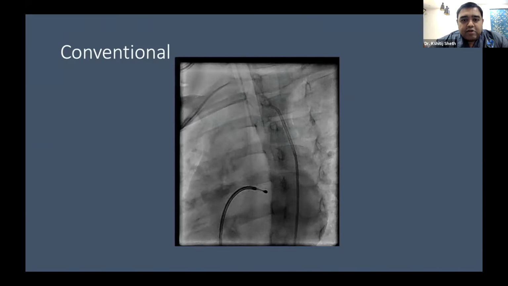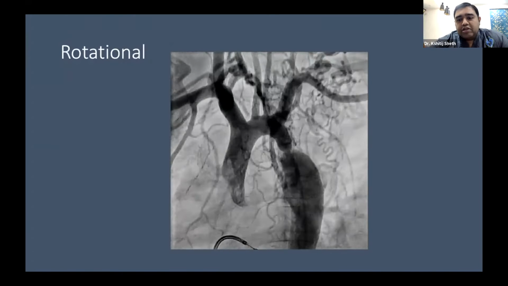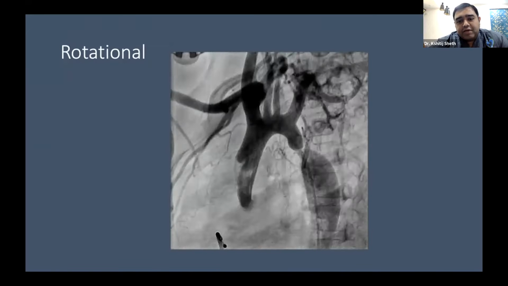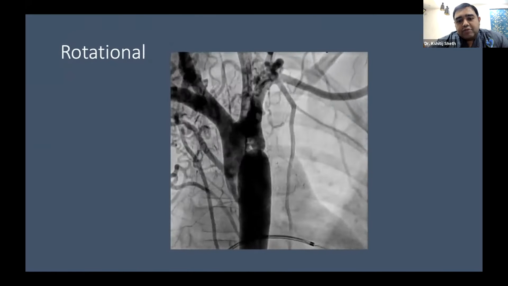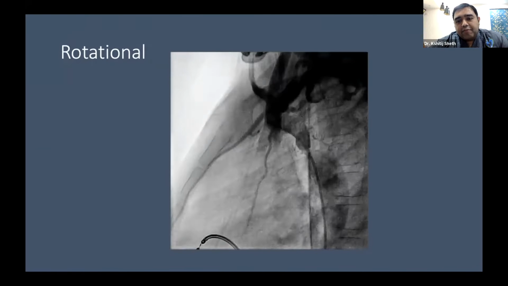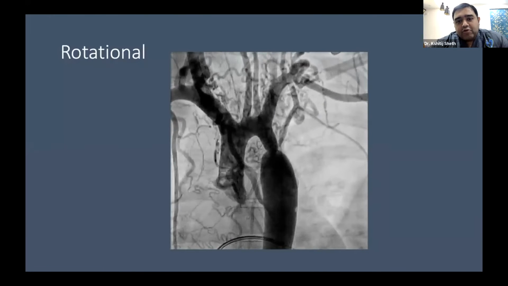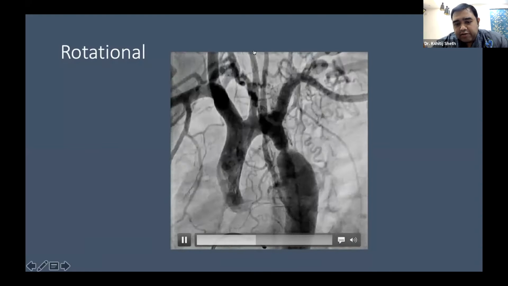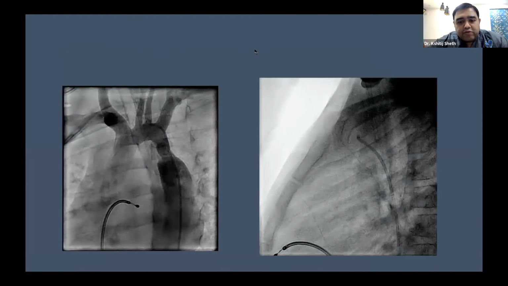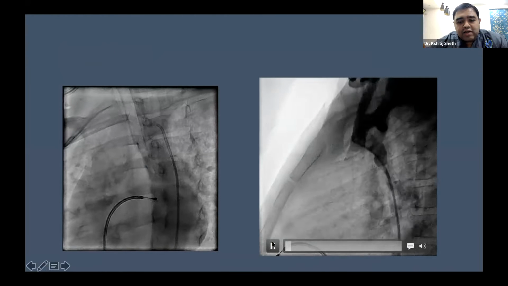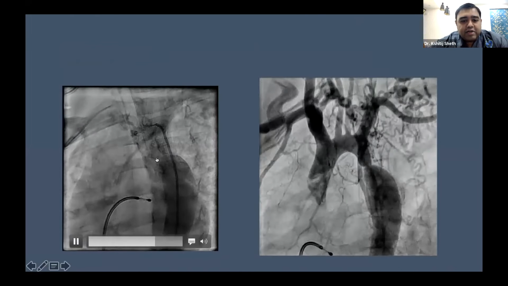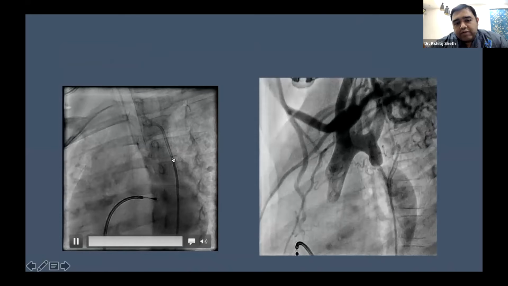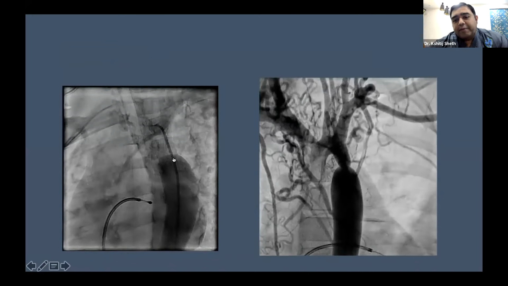In the same patient, we did a rotational angiogram, and this is how a rotational angiogram looks. You can look at it in 3 dimensions. You can see all around, and you can appreciate that the coarctation appears much tighter in some planes as compared to the conventional angiogram. Here you can also see the neck vessel branching very well, the collaterals, everything can be seen quite nicely. This is just a comparative image of the conventional and the rotational angiogram. You can appreciate that in rotational it looks much tighter compared to the conventional one because you're seeing it in multiple planes.